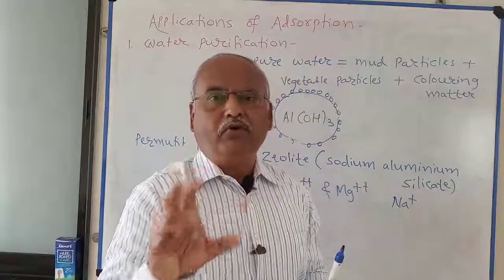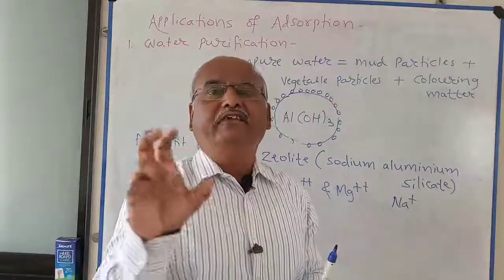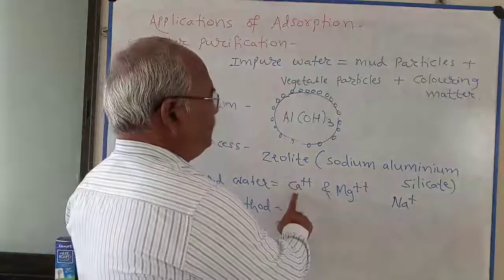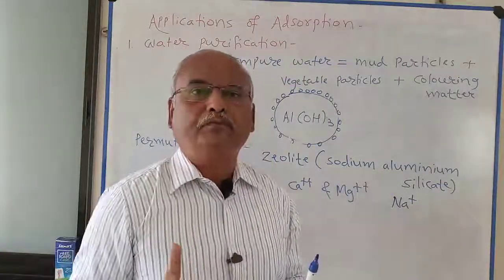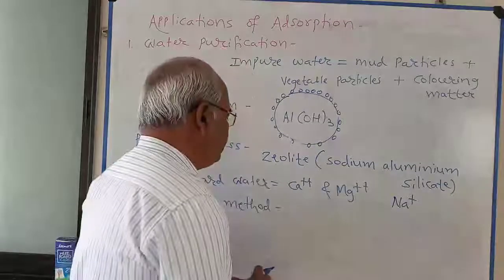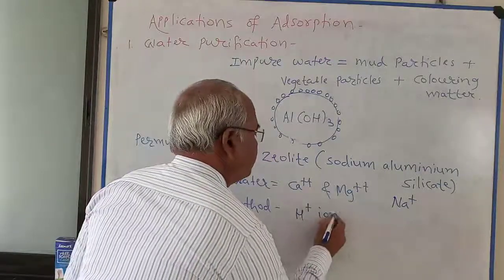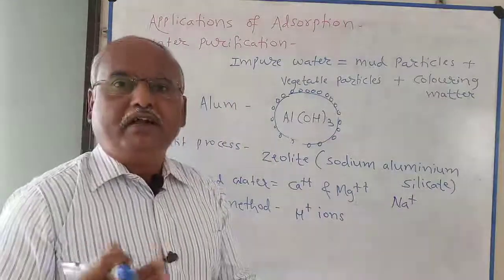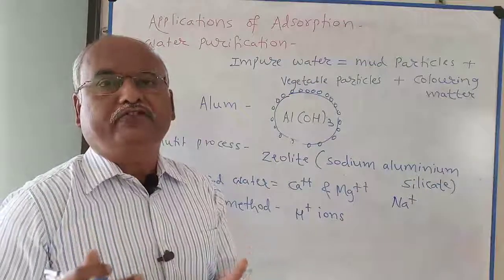Water is allowed to percolate through cation exchange reagent, where Ca++ and Mg++ ions are adsorbed and exchanged by H+ ions. Then water is allowed to percolate through anion exchange reagent,